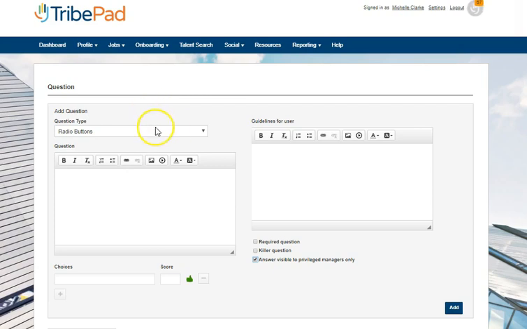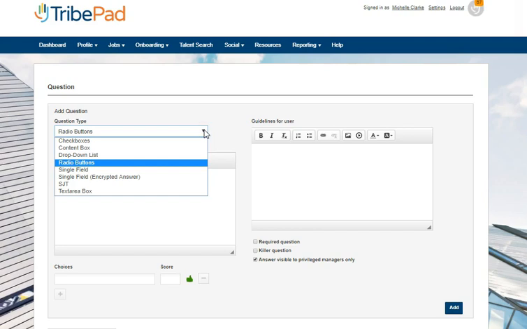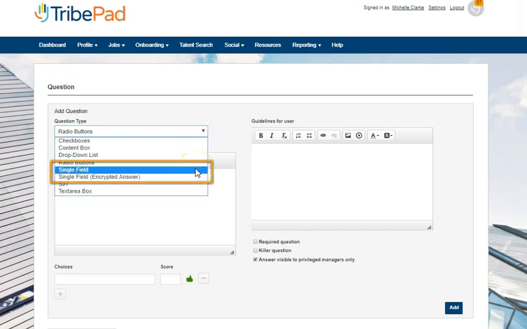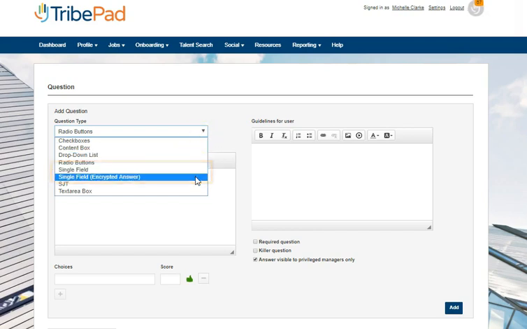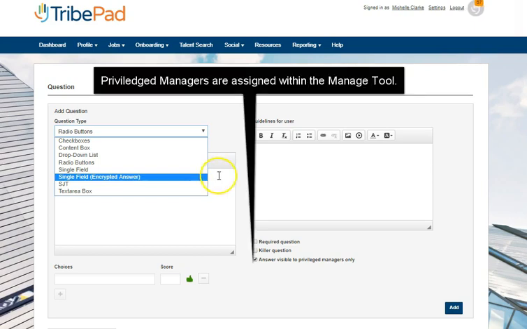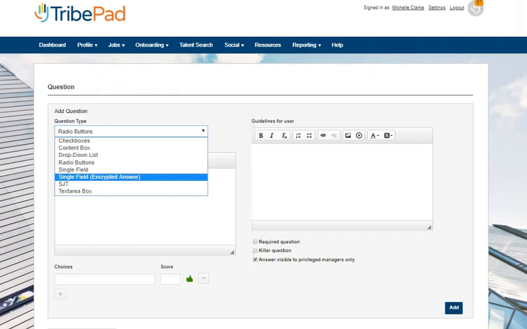And the first section you select from is this drop-down menu, question type. So I'm going to talk to you a bit about the single field and single field encrypted answer. The only difference between the two is that if you ask a question and you've selected this option, the encrypted answer, then only those users that have access to encrypted answers will be able to view it. And you'll also need to make sure that you select this checkbox here, which makes the answer visible to privileged